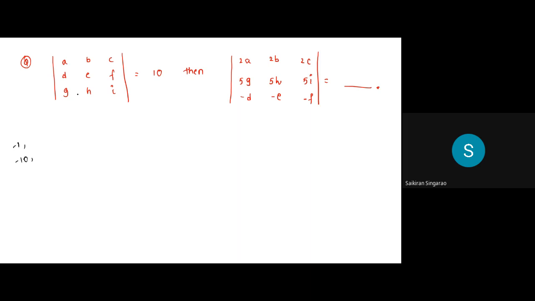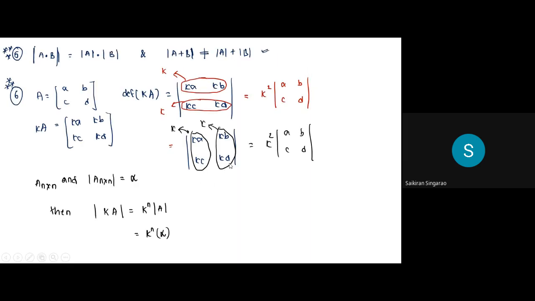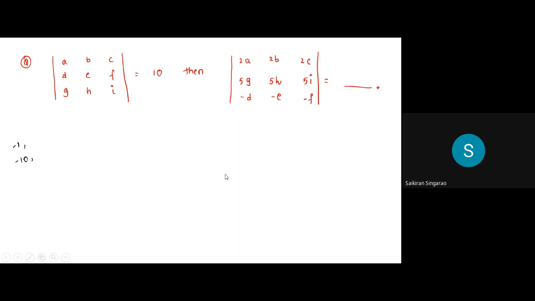The determinant of A, B, C, D, E, F, G, H, I is given as 10. Then I'm asking you the determinant of this. Anybody? Anybody else? I hope you are listening and understanding to the class. It's not like I'm talking to myself. Only two answers. Any other answer? Just put pen on paper, so you'll get it. It's no big thing. Any other answer? Nobody knows.